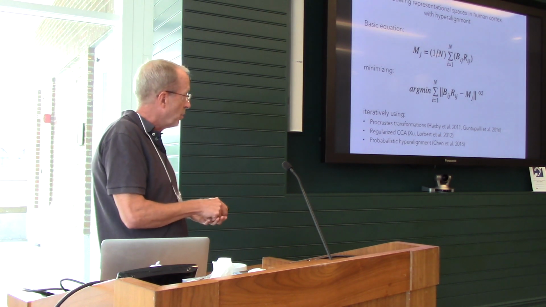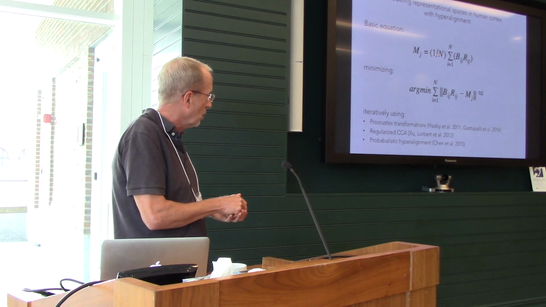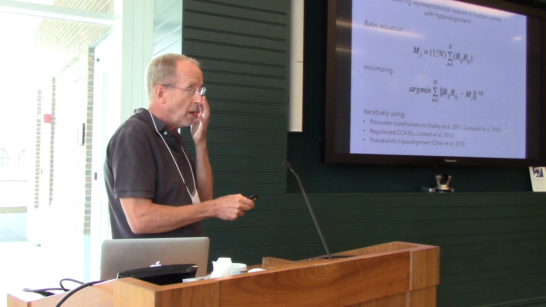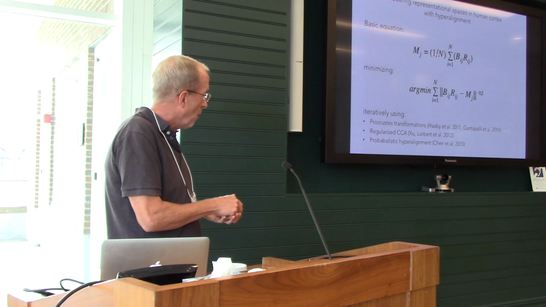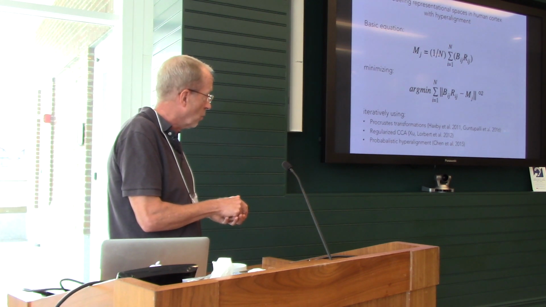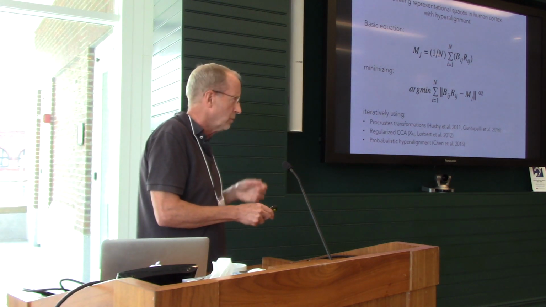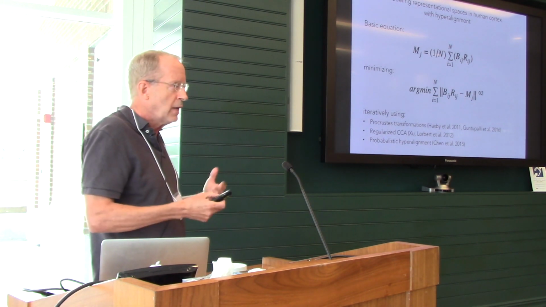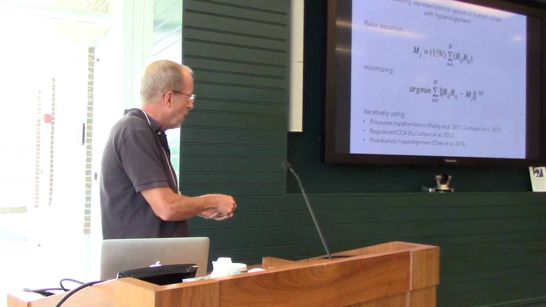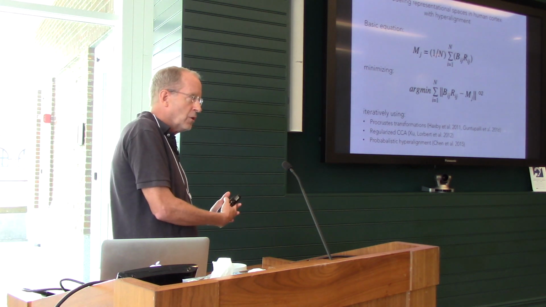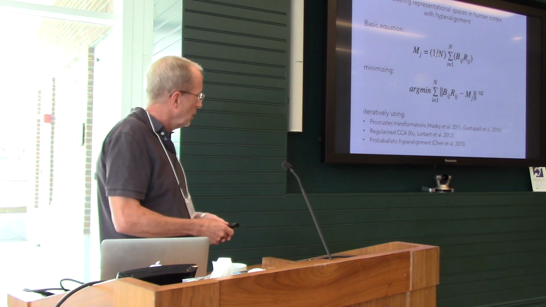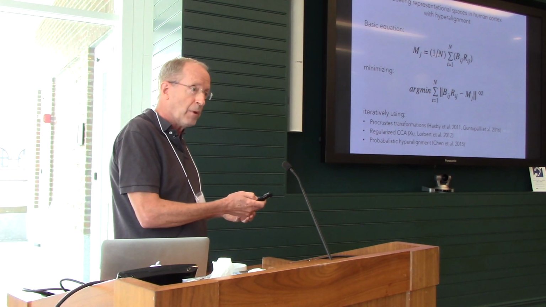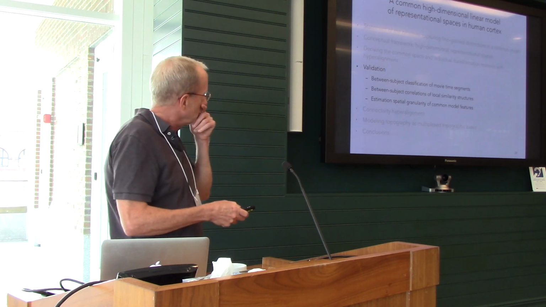Now, with our collaborators at Princeton, we've tried a couple of other algorithms, like regularized canonical correlation analysis, which may work a little bit better than Procrustes. Probabilistic hyperalignment, this is Cameron Chen's work. He calls it now the shared response model. And this seems to work quite well, but we can't figure out how to take the data from the probabilistic hyperalignment and aggregate it into a whole brain matrix yet. But as I said, this is work in progress, and this is going to keep me busy and happy for a long time to come.